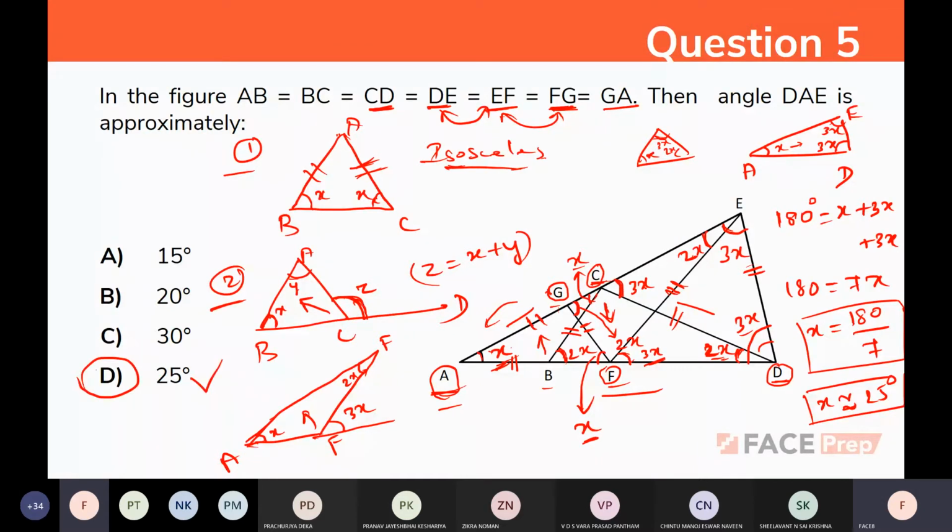So any doubt in this? The method is just these two rules. We will use them in diverse ways in many places and we will find the answer. That's it. Any doubts? Any doubt in this question? If you followed my marker, you would have understood easily from start to end.